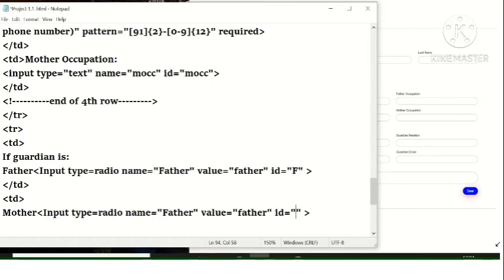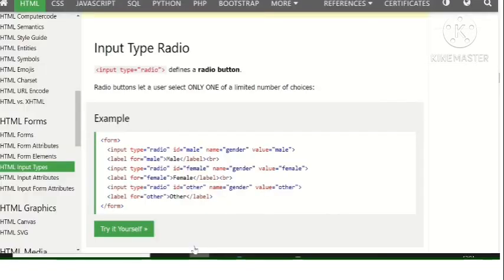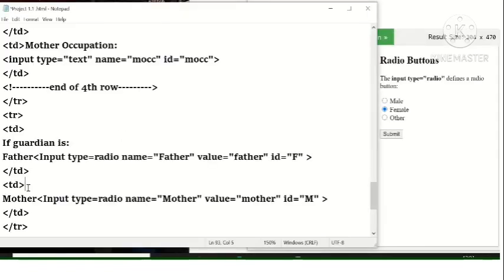Let us see the result of this. We will be able to click on both the radio buttons because the name is different in both the cases. See, we are able to click on both of them, which is wrong because for the guardian field, I would like only either father or mother to be clicked.